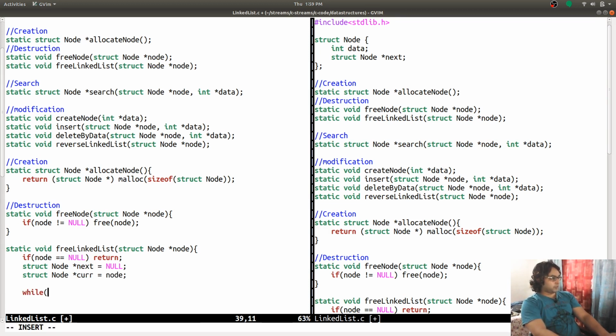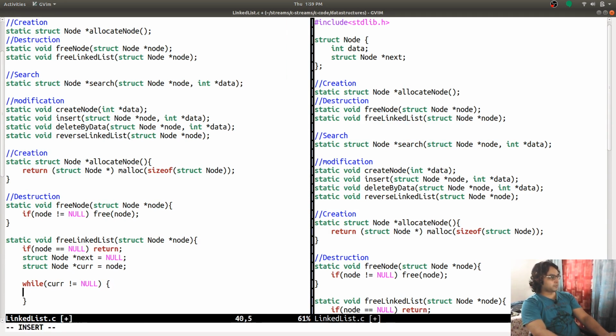So the logic is that while current is not equal to null, keep doing the operation. Do you get that? While I still have a node to process, keep processing. This is what I'm telling the computer to do. So if current is not null, if I am still holding a node in my hand, then I'm going to delete it from the memory, wipe it from the memory.